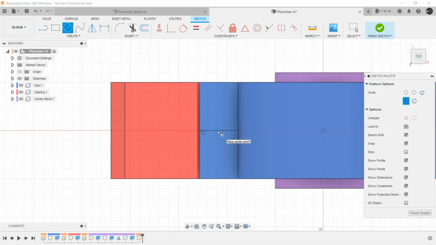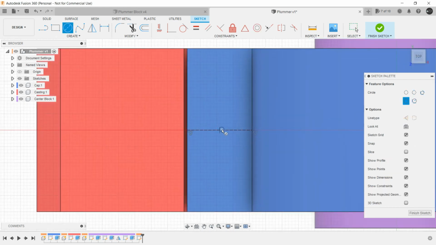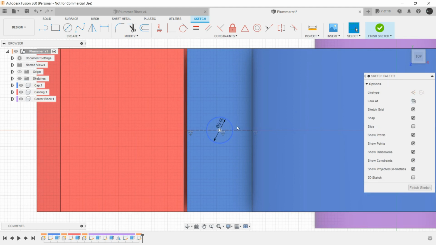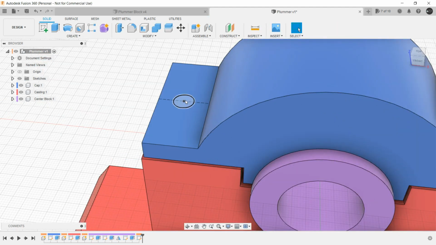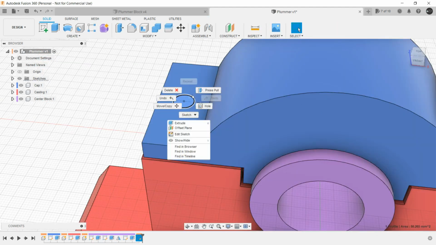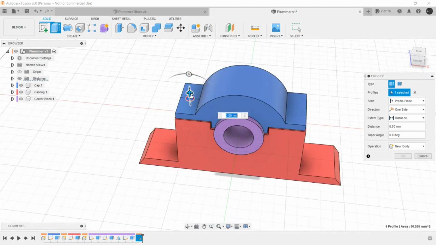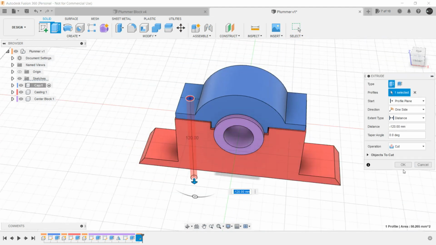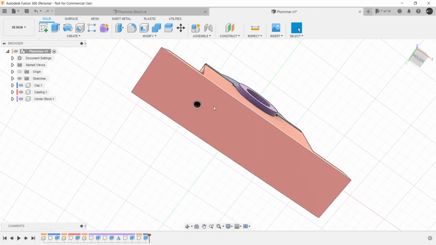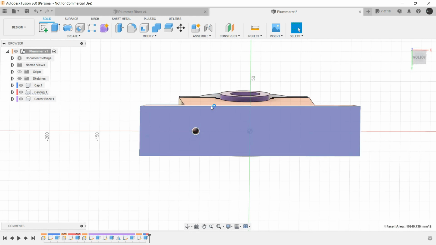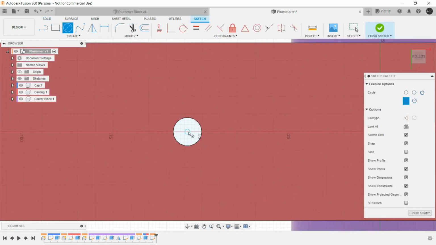Invoke the circle command and then you can snap to the center point. Let it be like 8 mm. Again, dimensions are not the concern. Just press pull it all the way downwards. Click on OK. Now in the bottom side, let's again create a circle from the center point of the hole